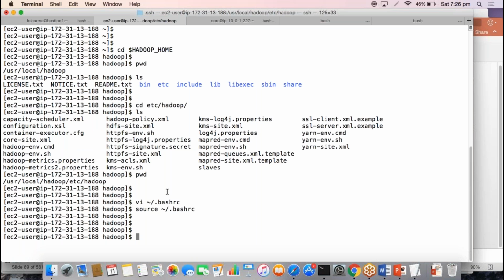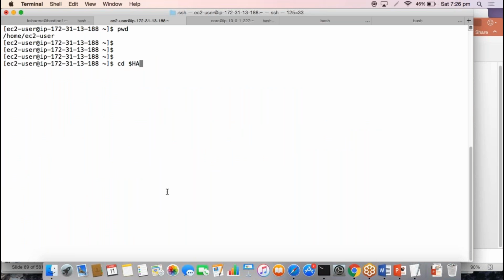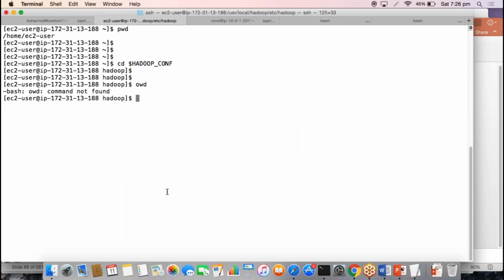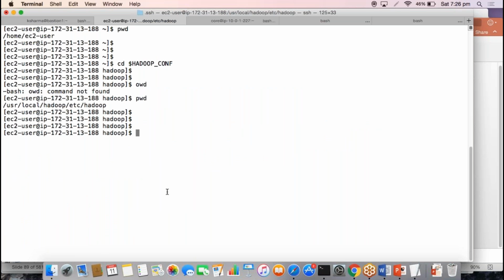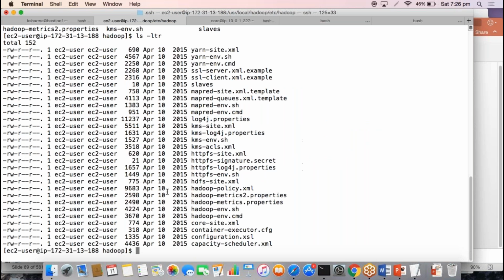That's it. Now from anywhere, even though I'm right now in the EC2 user folder, I say cd $HADOOP_CONF, and I am inside my configuration files. I can run ls -ltr, and please observe